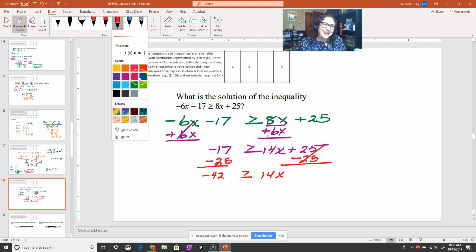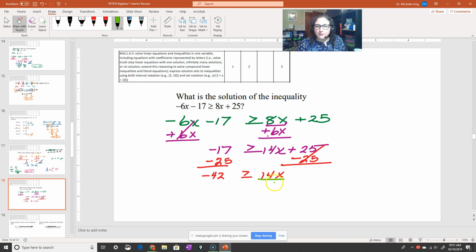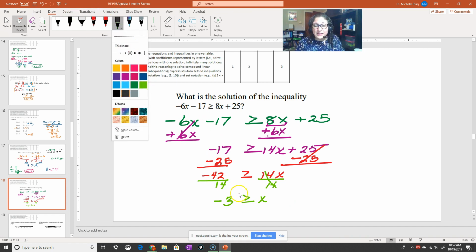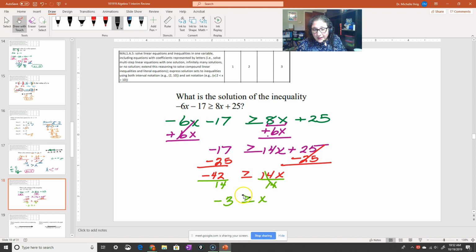Then switch colors again, and we've got our tackle going on between the 14 and the x. So we're going to divide and separate out that tackle. This is going to leave me with negative 3. And then again, I do the dot thing that I showed you before. I notice that I have one dot by the x and two dots by the number. So when I go to write it the correct way, my x comes first. One dot goes by the x. Two dots go by the number. So I know this is the sign I'm supposed to use. And then I also have the equal. So I got to put that. And then my negative 3.